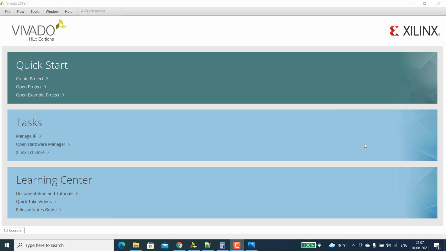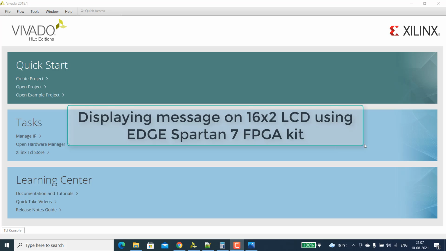Hi, we have created a project on displaying multiplier output on a 4-digit 7 segment display. There is one disadvantage of displaying it on 7 segment. That is, there are only 4 digits available. So if you want to display the input switch state also on the 7 segment, it is not enough. So we have to go for some other way of displaying.